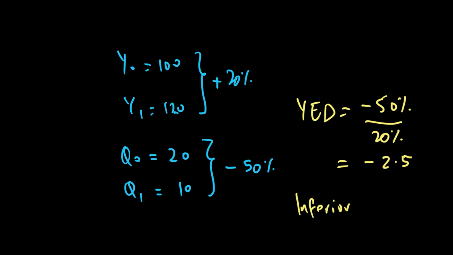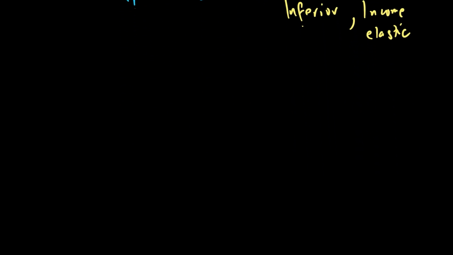But I also want to talk about 2.5, which would mean that since the percentage change in quantity is more than the percentage change in income, this is also what we call an income elastic good. So the sign, in other words, what I want to tell you guys is this: the sign of YD has a significance in terms of it tells us if the good is inferior